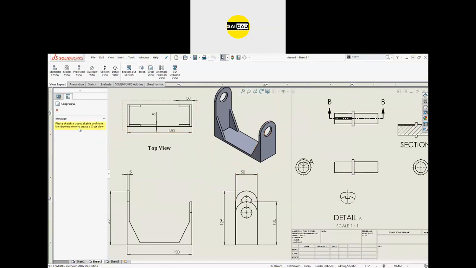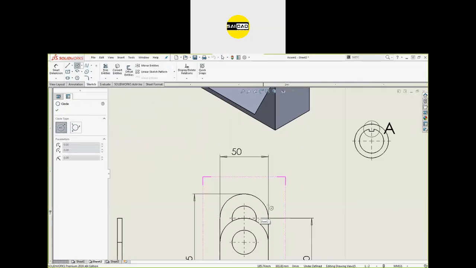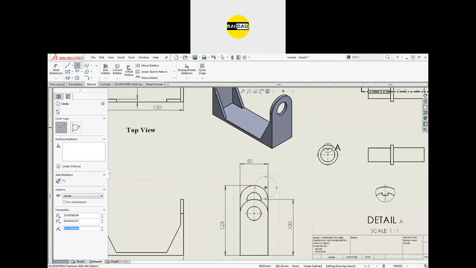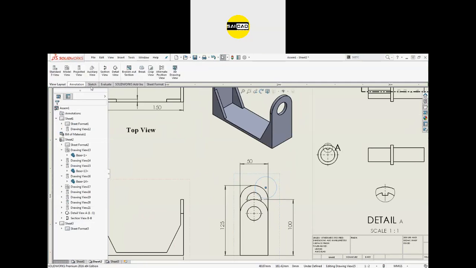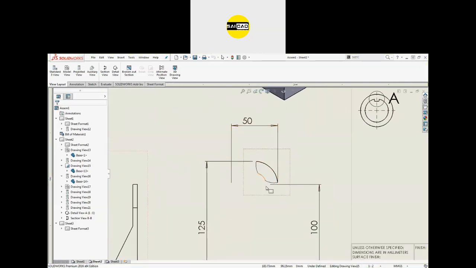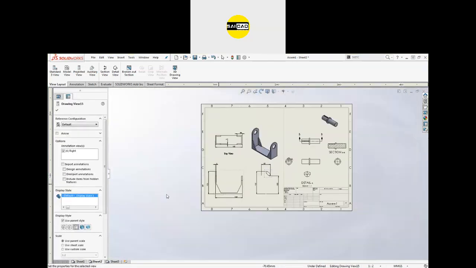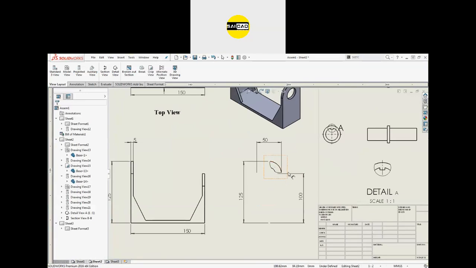So just please sketch a closed sketch profile in the drawing view. So for that I'm going to create a shape here. Okay, I want to create a shape here, that is this one. It's okay, and go to the crop. You can see we can only see the view that I have selected in the circle. So crop view means the shape you create will be left and everything else will be deleted in that view.